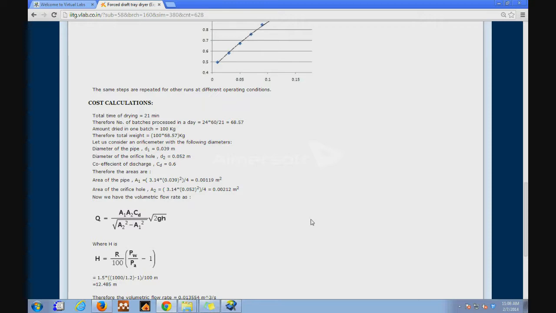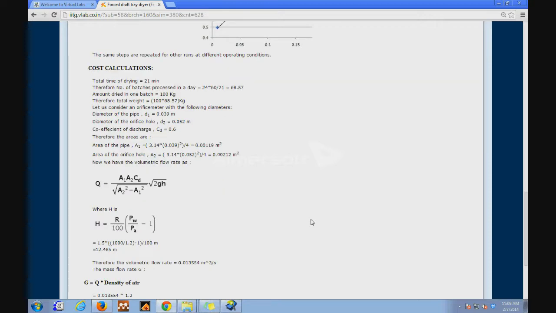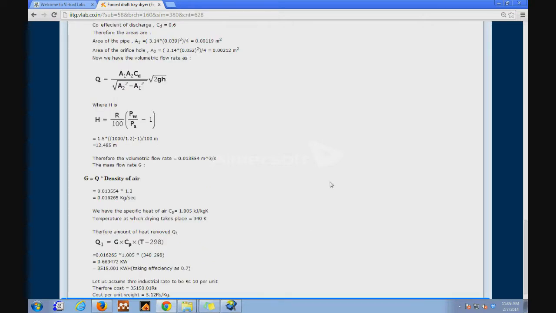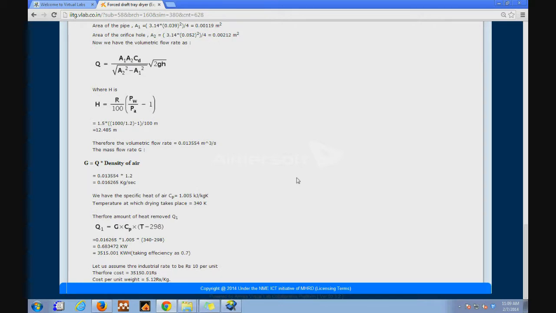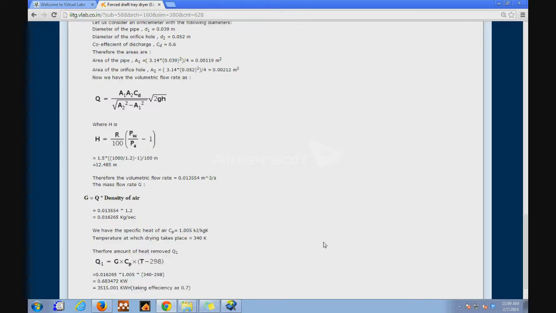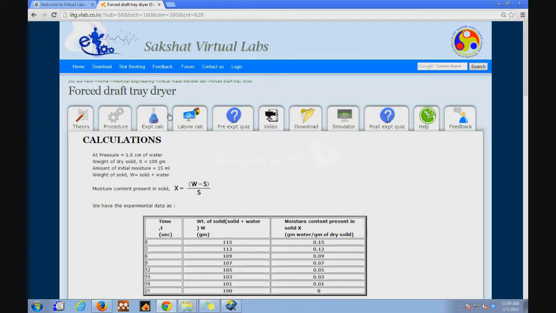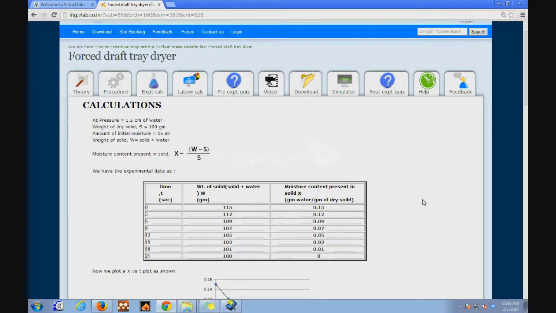Further, we have also done cost calculations, in which we have tried to evaluate the volumetric flow rate, the mass flow rate, and finally the cost per unit weight of the material was evaluated to be 5.12 rupees per kg.